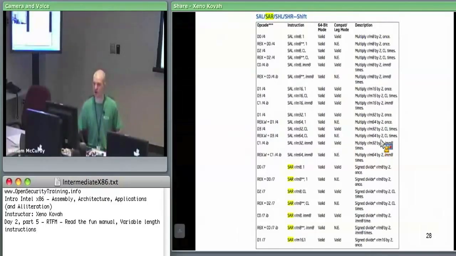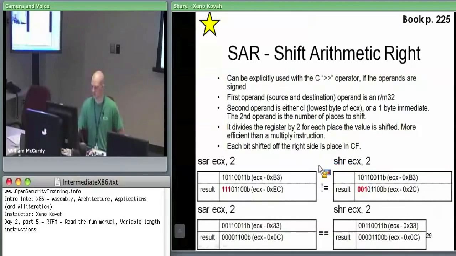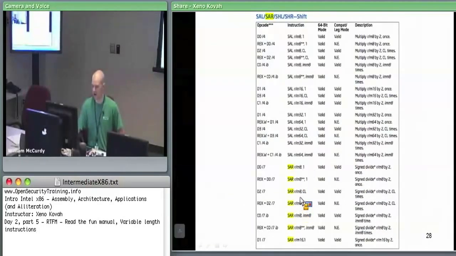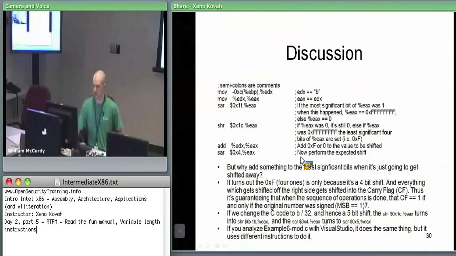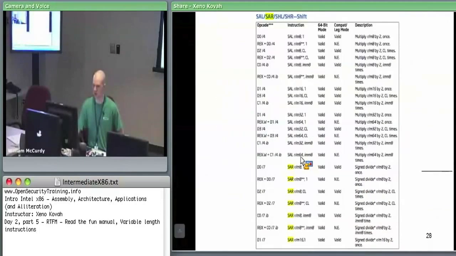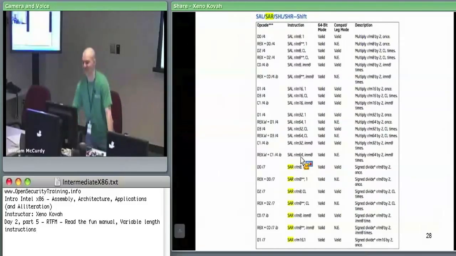We'd find a page like this, and this turns out to be shift arithmetic left, shift arithmetic right, shift logical left, shift logical right. It just calls it shift. Up to you to figure out which is which. Actually, it probably says in the description. But this is the full description. And I find the rest of this boring, so I'm not going to get into it anymore. I already told you, basically,